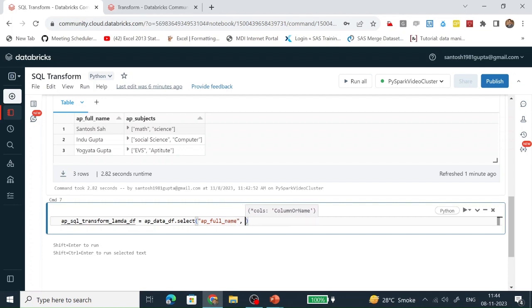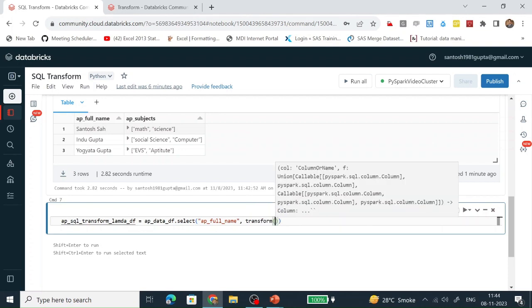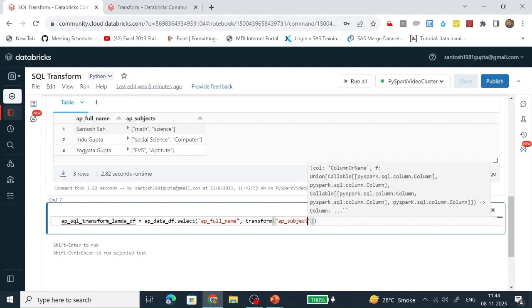And we are calling this transform function, and in that transform function we give the name of the column on which we are doing the transformation, that is subject, which is of array type.